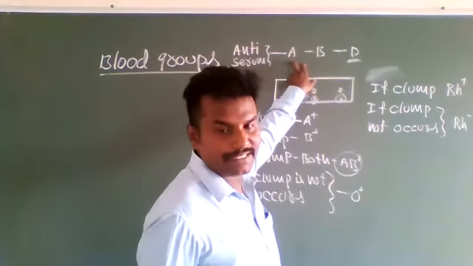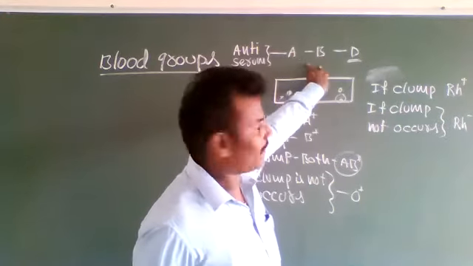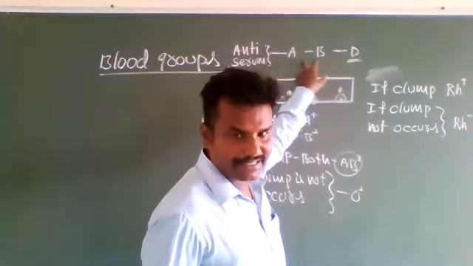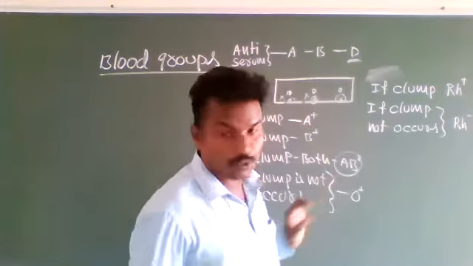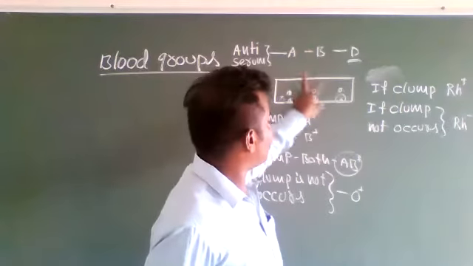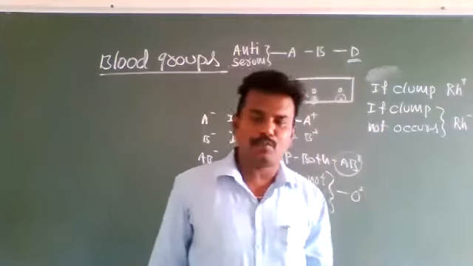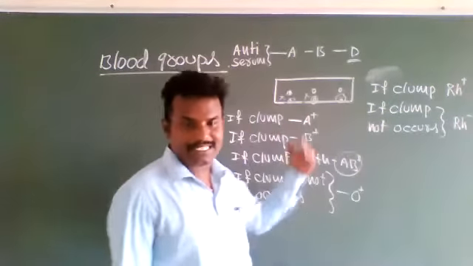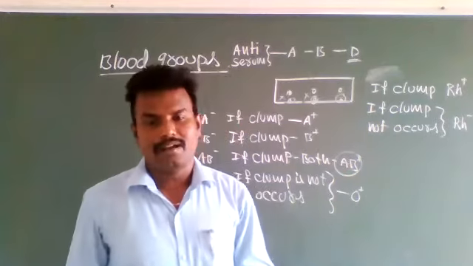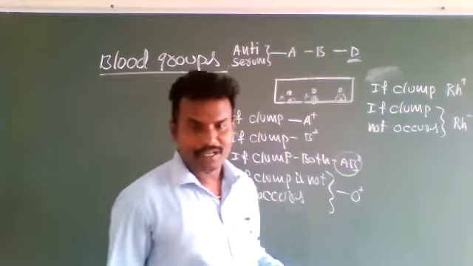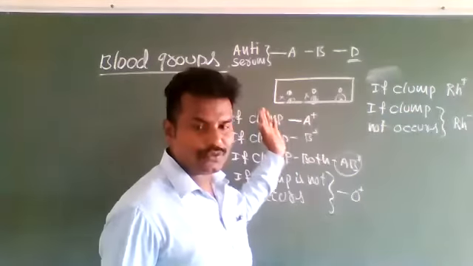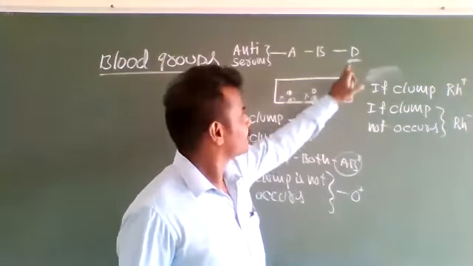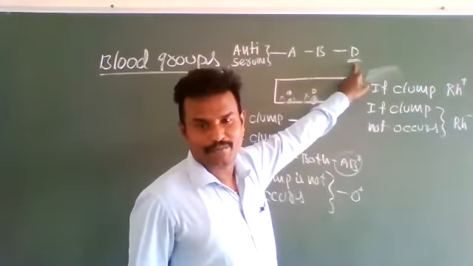A is an antigen, B is a chemical. These two, with the help of these two bottles, will first decide whether it is A group, B group, AB group or O group. After deciding that, to determine whether it is A positive or A negative, a special type of protein is used,